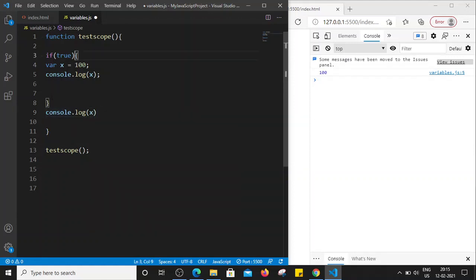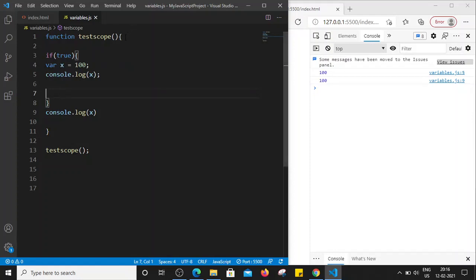So this is one block of code. The variable which we have declared in our if block is accessible in that block, that is correct, right? So it got printed here, but whether it's accessible outside of that block, we are just going to save this file and see. Here it's printed, right? So that means x is accessible outside of this block as well, because as we have seen, whatever variable we declare with the var keyword has function scope.